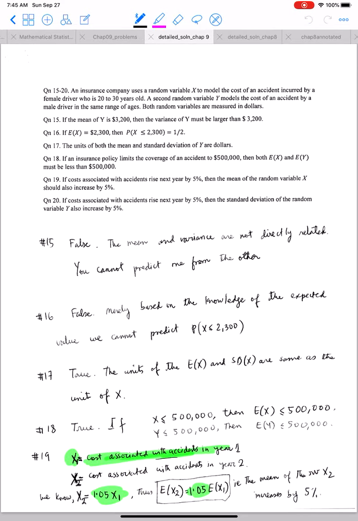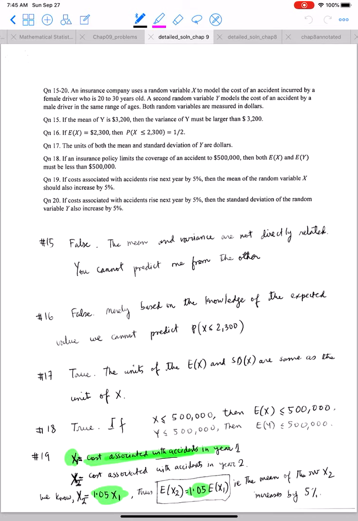So here we have another problem. An insurance company uses a random variable x to model the cost of an accident incurred by a female driver who is 20 to 30 years. A second random variable y models the cost of an accident by a male driver in the same range of ages. Both random variables are measured in dollars. If the mean of y is 3200, then the variance of y must be larger than 3200. The answer is false,